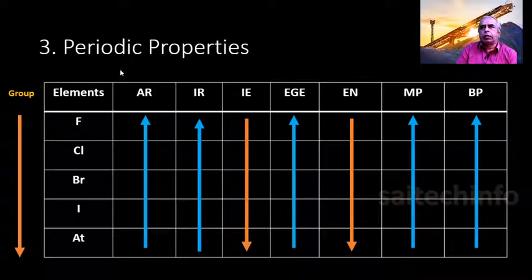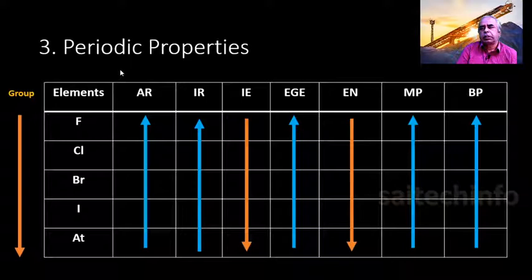And when we look at electronegativity, down the group the electronegativity decreases. Actually, what is electronegativity? It is the electron withdrawing tendency. So it means fluorine has the highest electronegativity. Even among the elements in the periodic table, across the first row, the halogen family, particularly fluorine, has got the highest electronegativity.